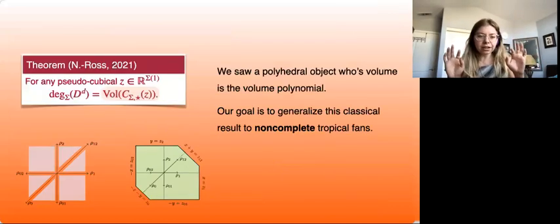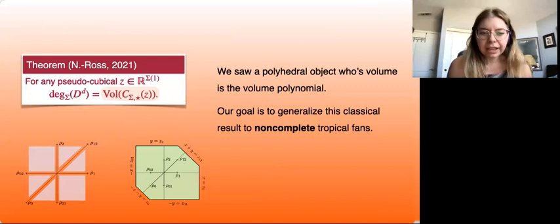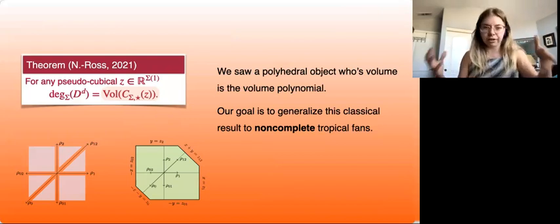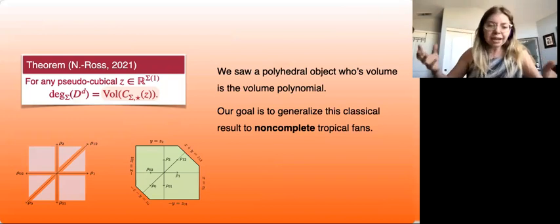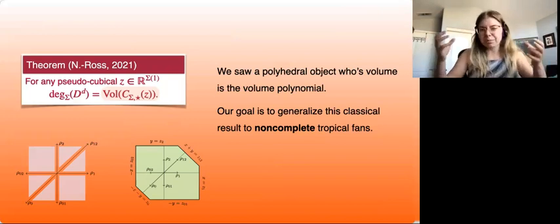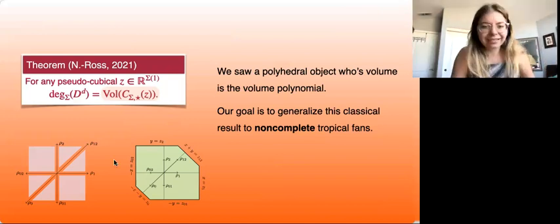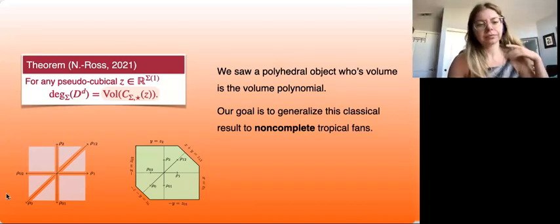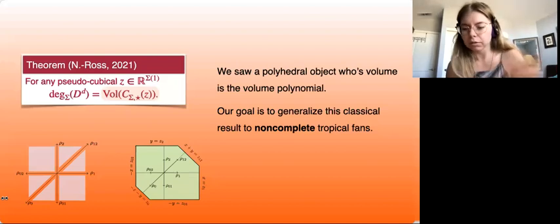So now we've seen a particular case where the equivalence of this theorem is true. And what I mean by that is we have a polyhedral object whose volume is calculated by the volume polynomial. I say polyhedral here, but we really want something polytopal, right? I don't want something infinite. I want something nice and bounded. This is a long known result